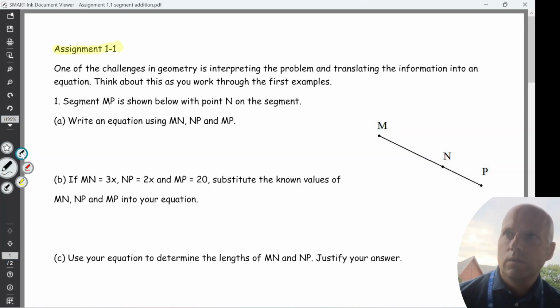We start fairly simple in concept. We're talking about line segments and points on line segments. And as you can read in the instructions, it says,